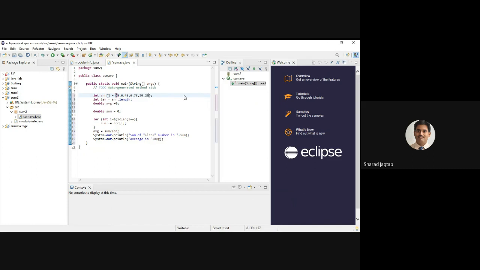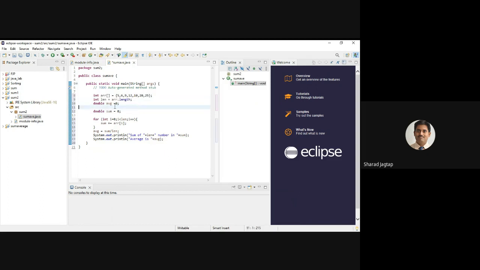Suppose these are the different numbers: 5, 6, 9, 12, 10, 20, 25. Total 7 numbers I have selected in this array.